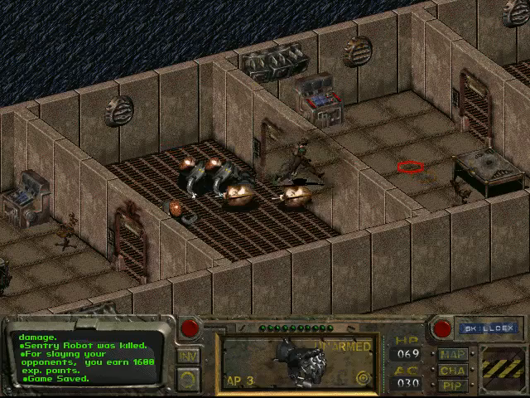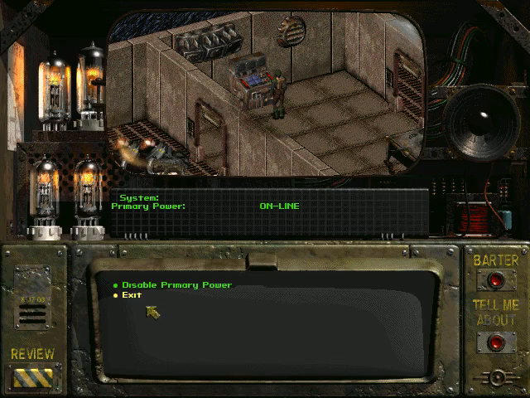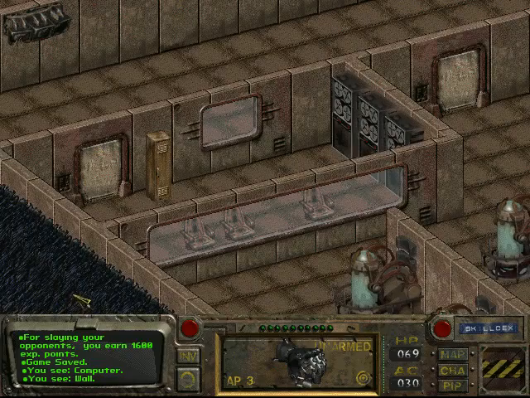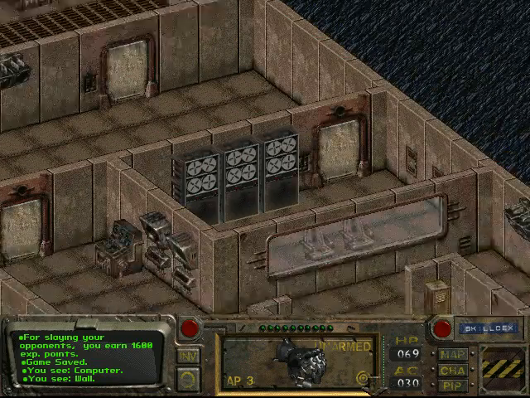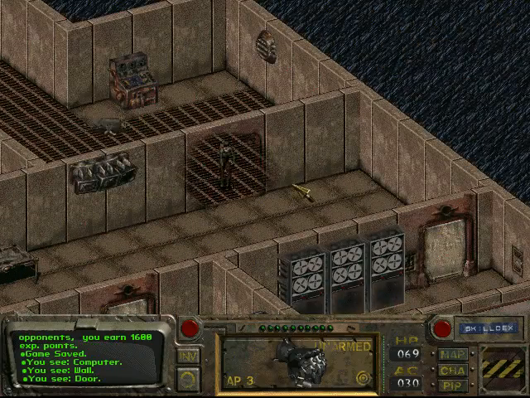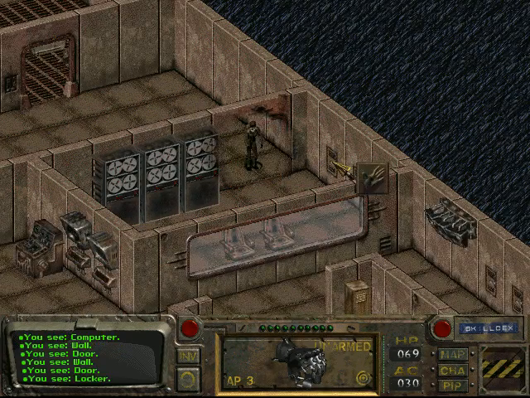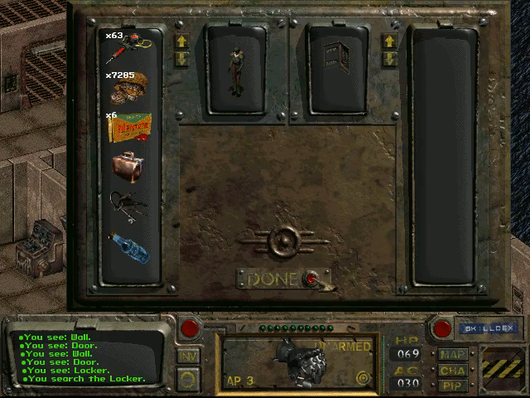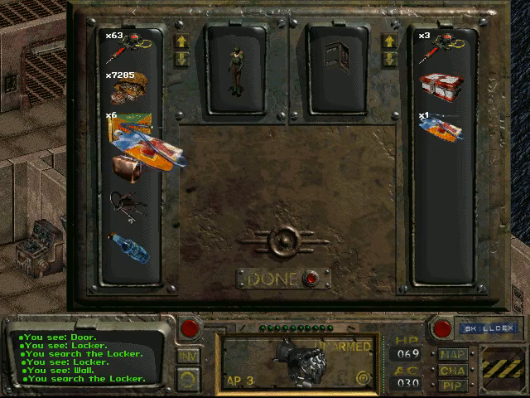What's the item we actually have to gather here? Computer. Yeah, primary power. Do I want to disable it? It could disable the robots, but there aren't actually any robots here anymore. So I'll leave it on. We might need it to get access to these areas, although I think it's mainly for the elevator. We need it to get out of here though, so...